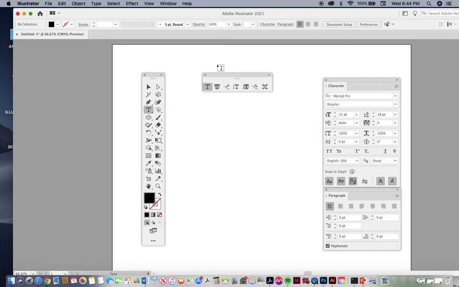Okay, the type tools are the type tool, the area type tool, type on a path tool, vertical type tool, vertical area type tool, vertical type on a path tool, and the touch type tool. We'll start with the type tool. So with the type tool,